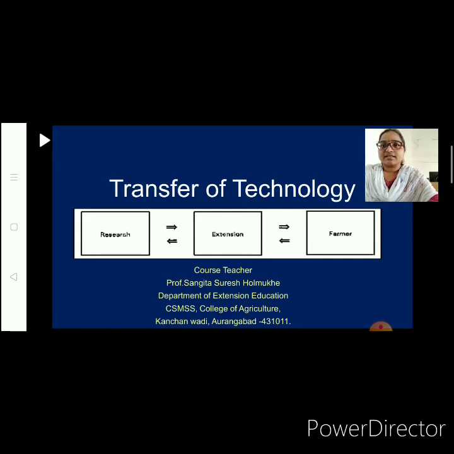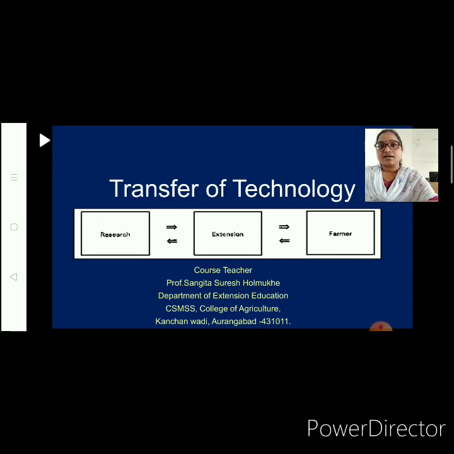So as you see on our first title screen, the research, extension and farmer. This is the top down methodology for the TOT, that is the transfer of technology. It means the research is developed by the university and research institutions. These are handed or given to the extension methods. By using the extension methods, the extension workers give this technology to the farmers, and farmers utilize it, analyze it